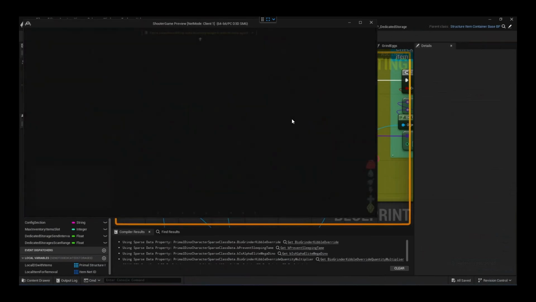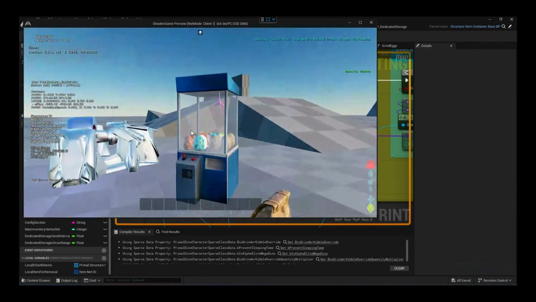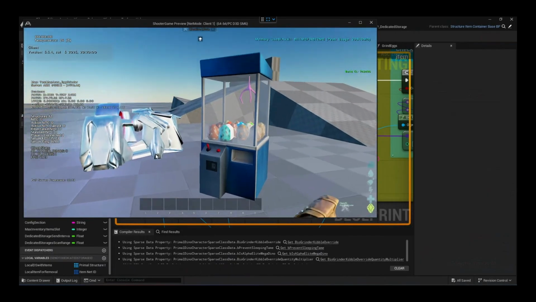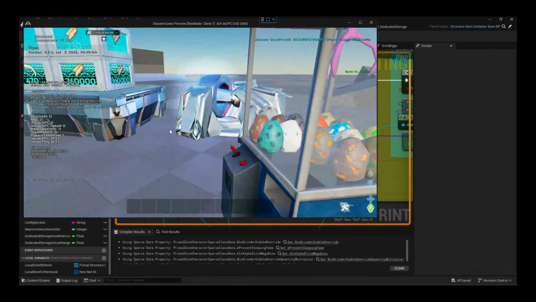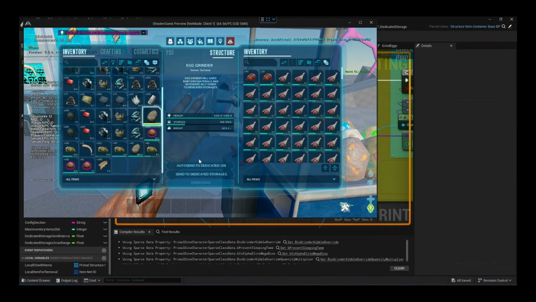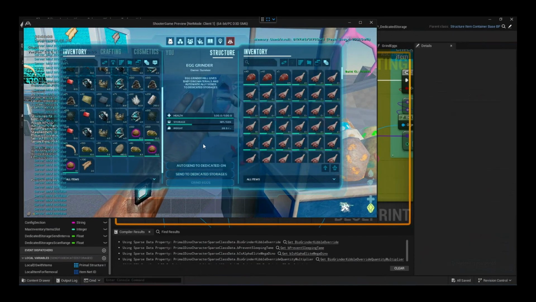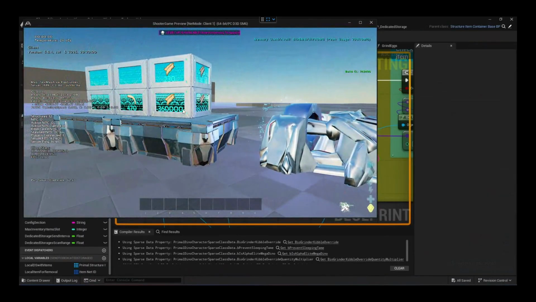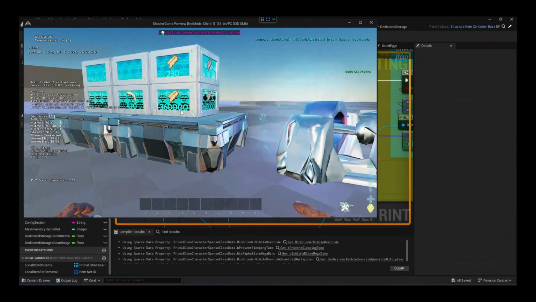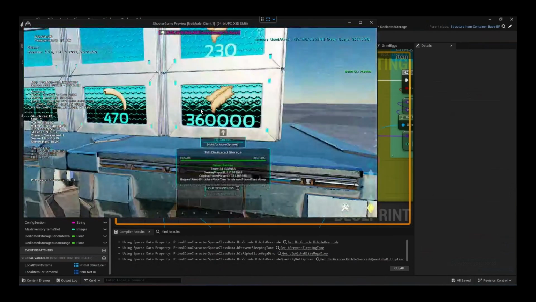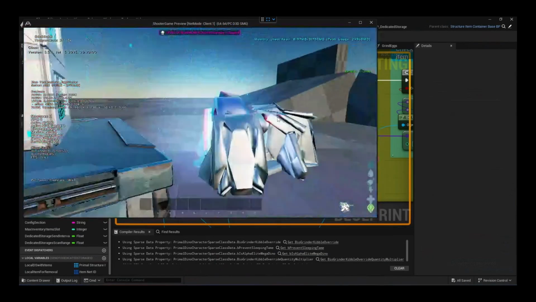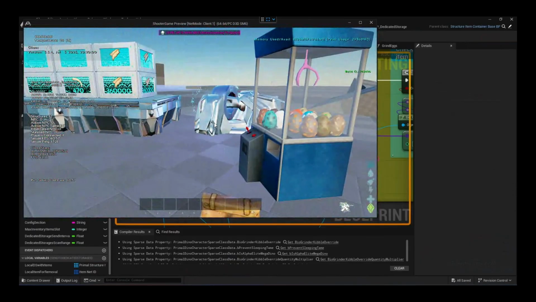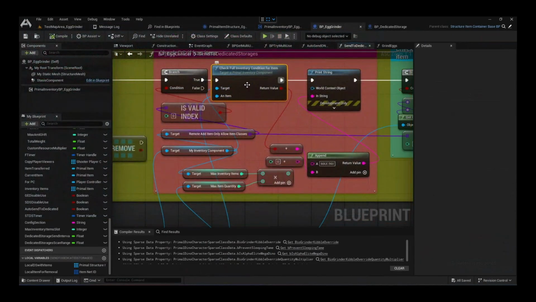I just want to check if it's full or not. So it's returning 1,800, 1,800. False. It means it's not full yet. Hmm. It's not full yet. It says check full inventory condition